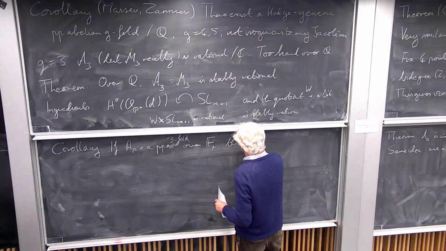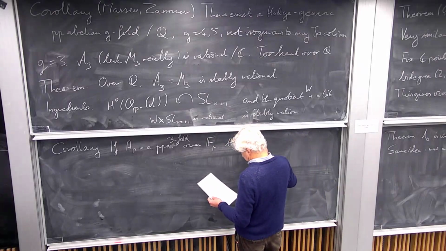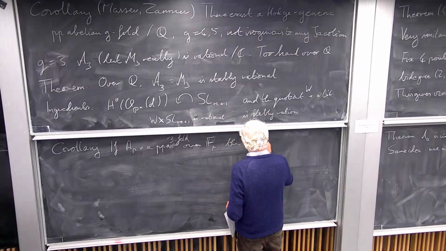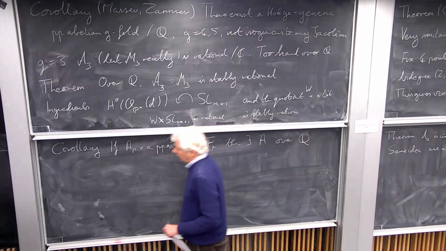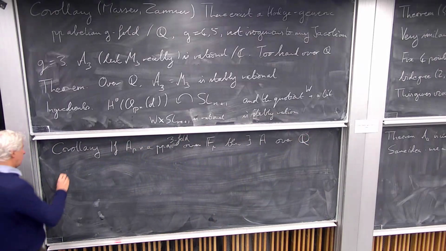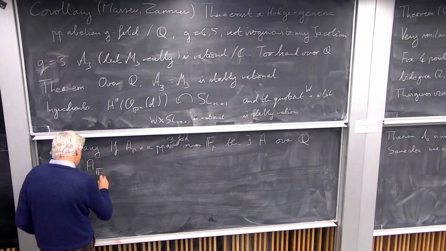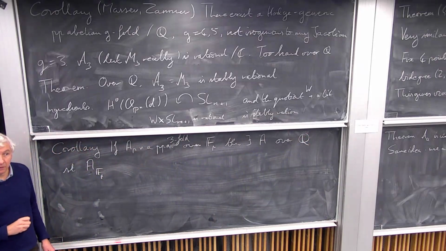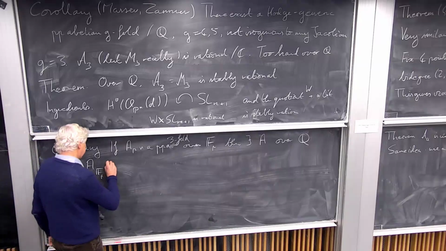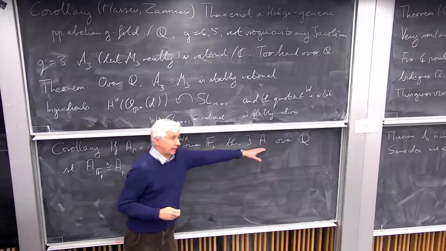then there exists A, which is a principally polarized abelian variety over Q, such that the reduction of A mod P, so A over F_P, by this I mean that you take the Néron model, you take the reduction of that mod P, and this is A_P. So I've lifted A_P to characteristic 0.